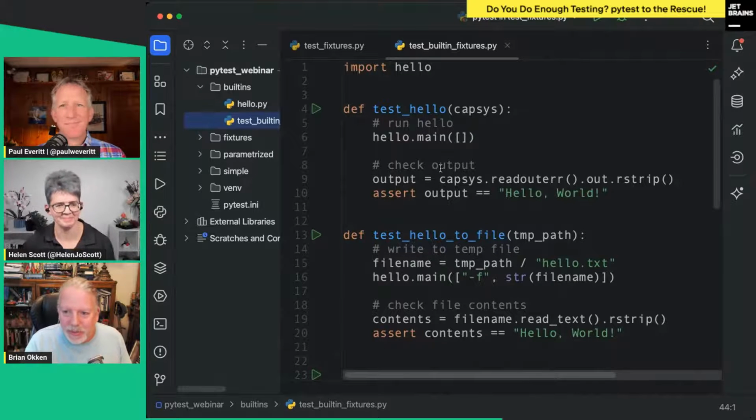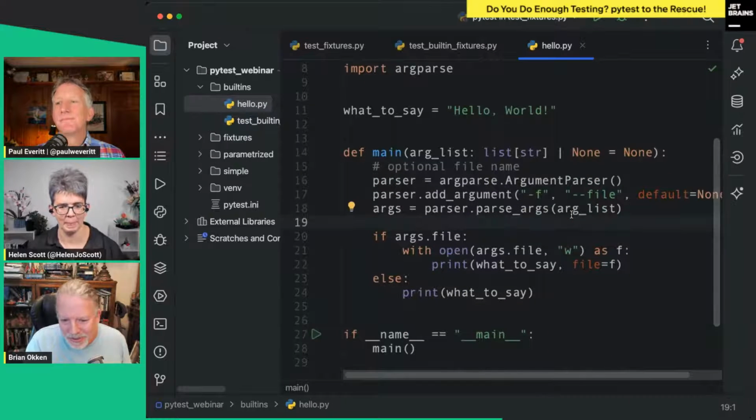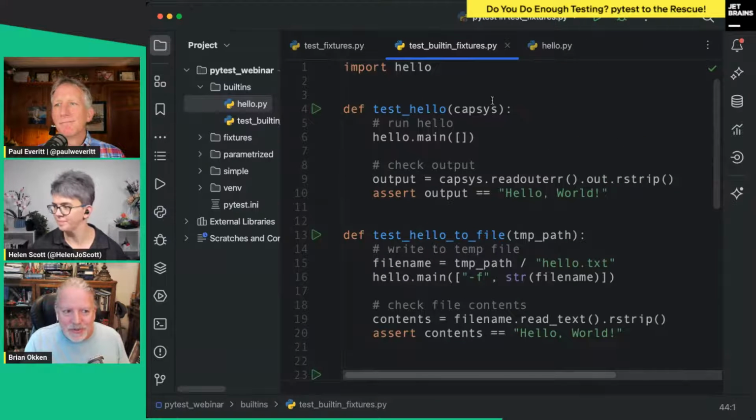Instead of watching me type, I just want to talk through it. I've got a simple hello world, but it's not that simple because I added argparse so that you can save to a file. Imagine hello world that you can pass in a -f flag to save to a file. That's what I've got. If I want to test the normal one, we can use capsys, which is built into PyTest, to say, let's run our main function, but I want to read the output. Capsys will capture the output, and we can use readouterr, take the output, strip it, and then check the output against what we expect.